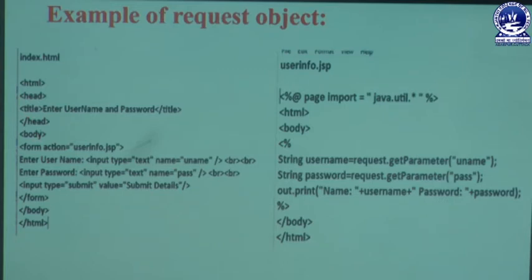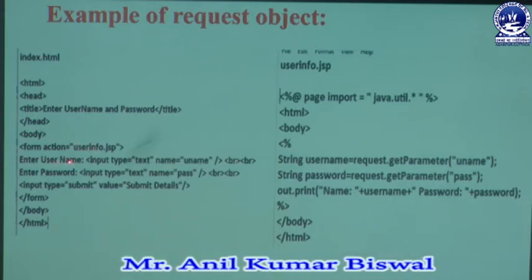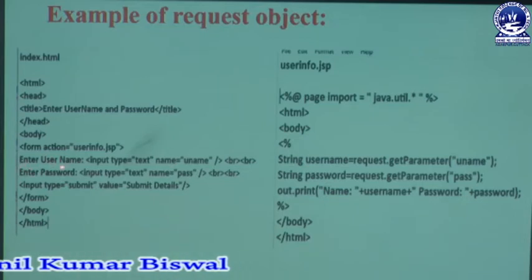Then we are writing the body. Inside that body, we are mentioning a form tag. In that form tag, we have an attribute named action. In that action, we have a file name related to our JSP file, that means userinfo.jsp, and this file is already defined in this section. Here we are defining this userinfo.jsp section, which is invoked at the time of pressing a button. Then inside that form tag, we are defining two extra statements, written as enter username.